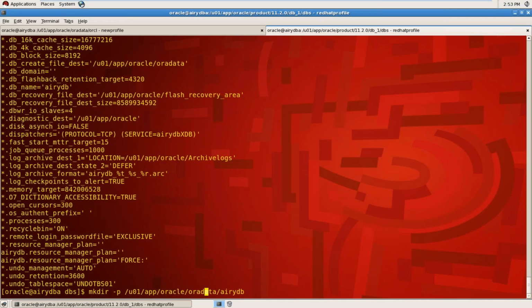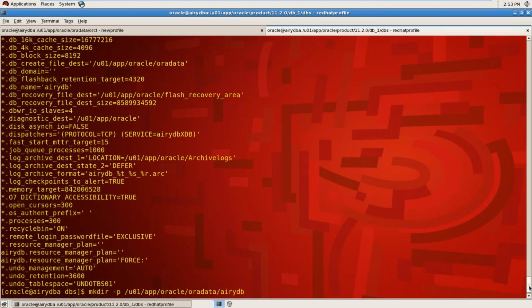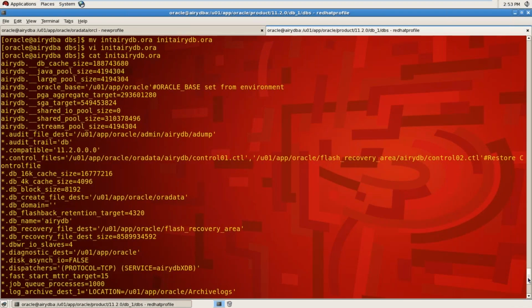So that ADDB will be created, right? Next is the recovery area and archive log location, the same area, so that also needs to be created for the second one. So mkdir oracle slash recovery area slash ADDB, right? Next is